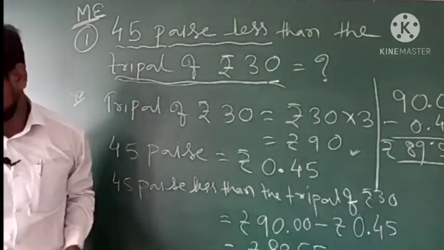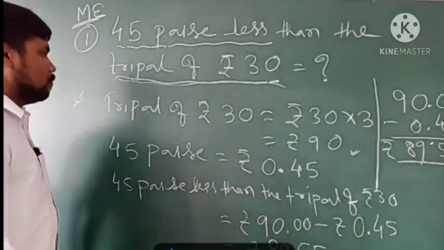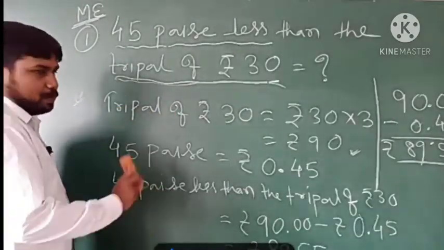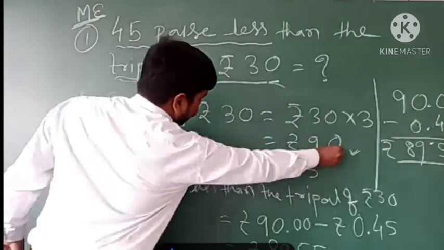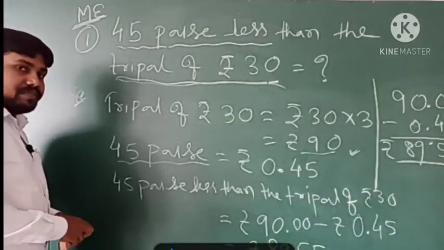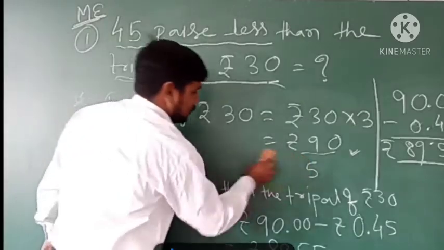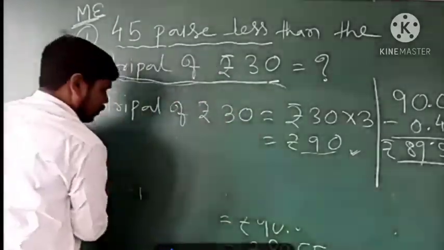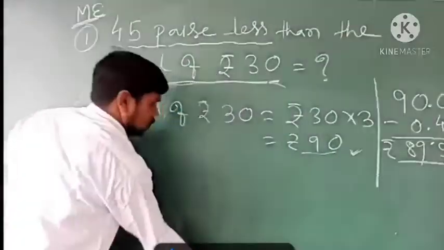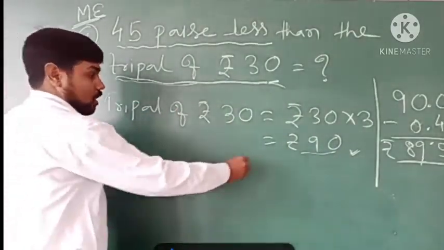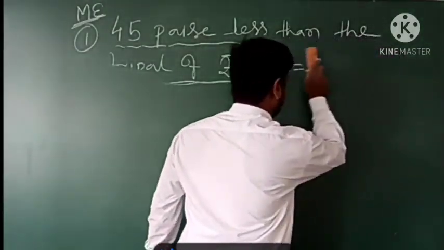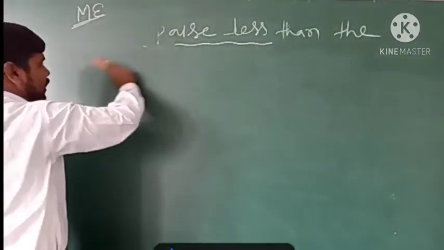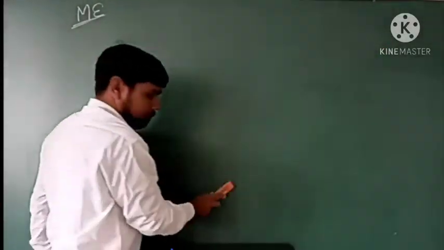So you can do this too. How can you do this? Let us see that process also. So triple of this means 90 rupees. Now, instead of converting paise into rupees, we can convert rupees into paise also. So by converting rupees into paise we can also do it. So here it will be 90 rupees means 90 into 100. So how many paise? It will be 90 into 100 paise. Write the unit, otherwise it may be wrong. So writing the unit is necessary, either paise or rupees, right? So this is how you can do the second one also.